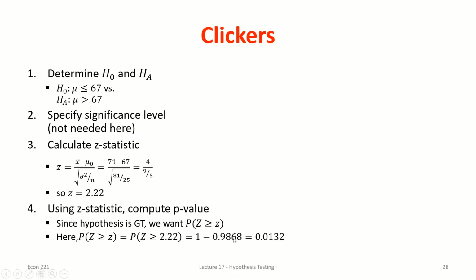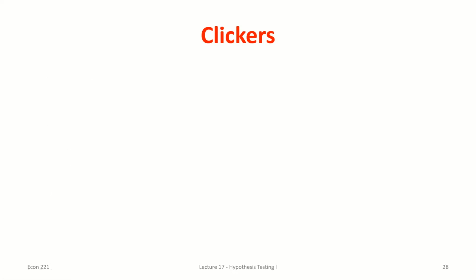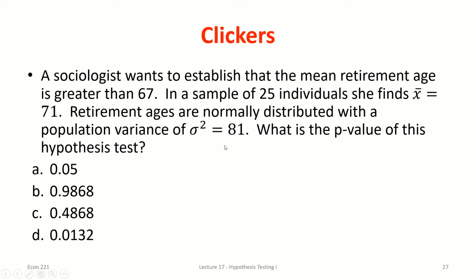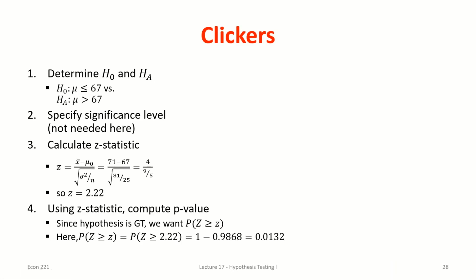I'll subtract it from 1 to get the area to the right of 2.22. So here's my p-value of 0.0132. Okay. So do I reject or fail to reject? Well, if I go back, what level do we want to test against? I actually wasn't given one here. But what I can think about is what levels would I reject at? Well, with a p-value of 0.0132, is that less than 0.1? Sure is. So if we only reject when the p-value is less than alpha, and it's less than 0.1,